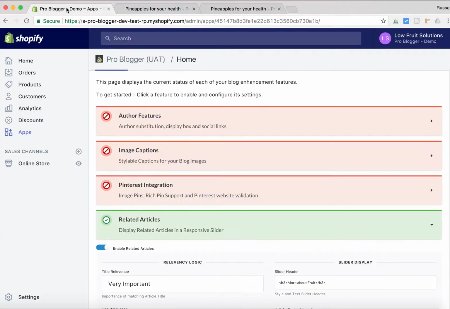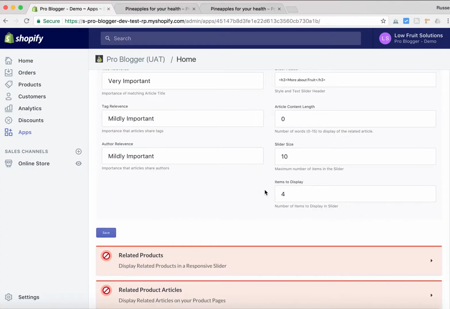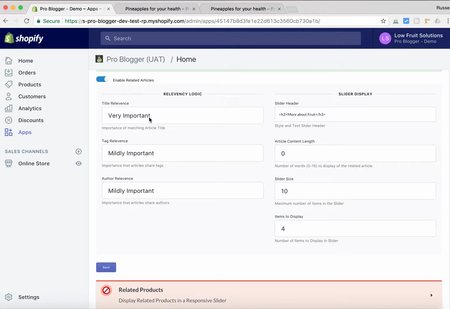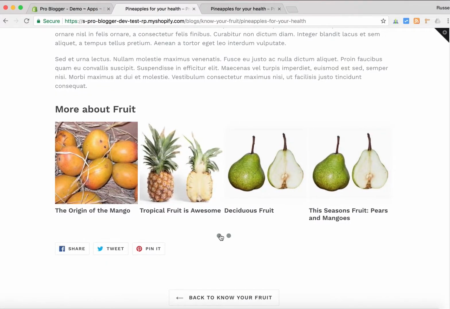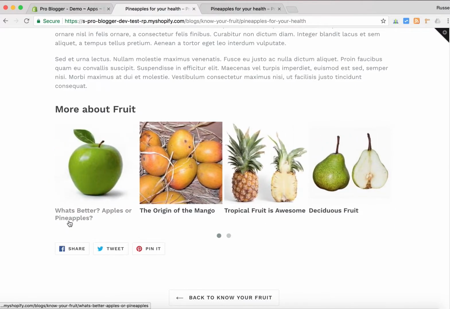And going back to the other settings, what these portions mean are how it determines what is important. What are the matches, right? So title. Now, title means that there are shared components between the tags of your existing article and the titles of other articles. So if in this case, I have a tag of pineapple, and if I say it's the most important, then items that have the word pineapple in their title will be deemed very important,